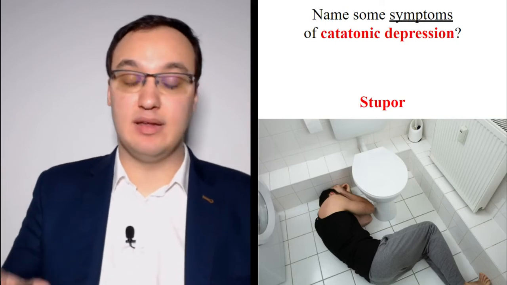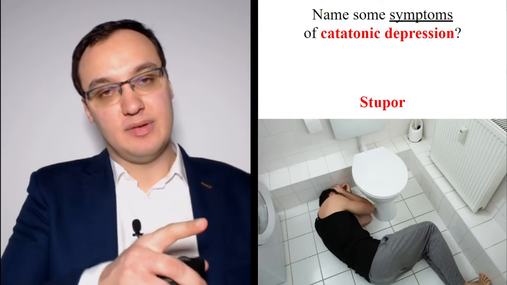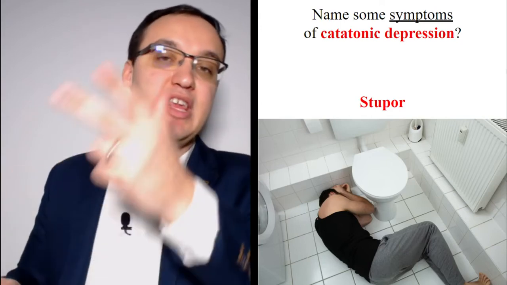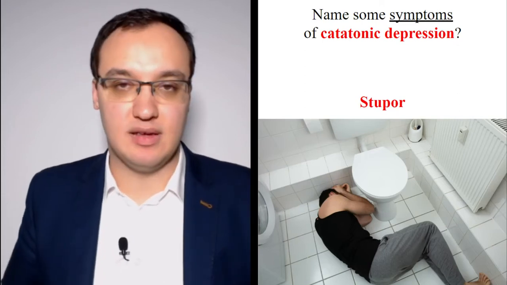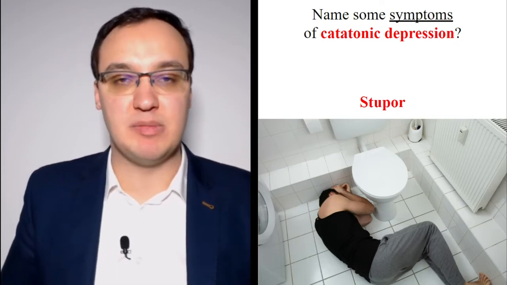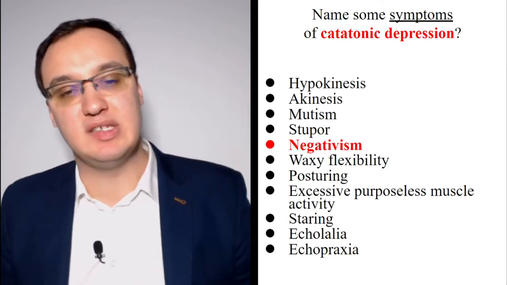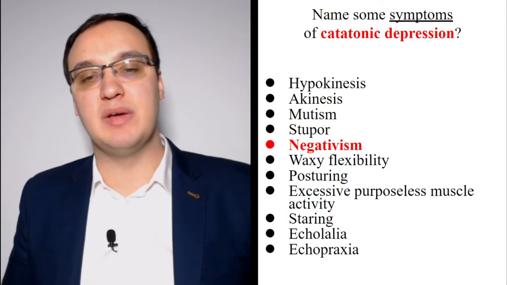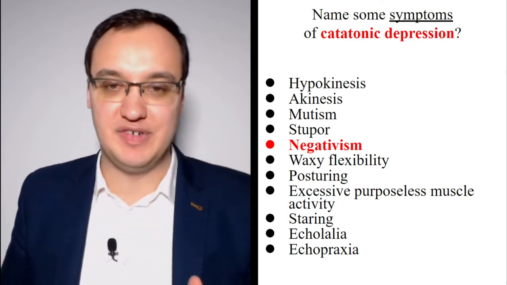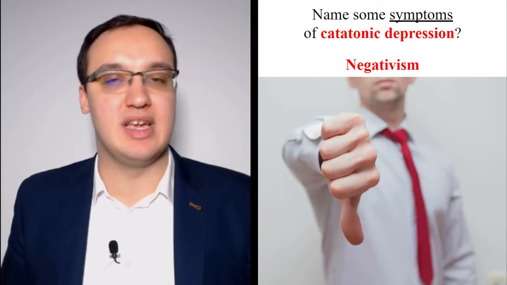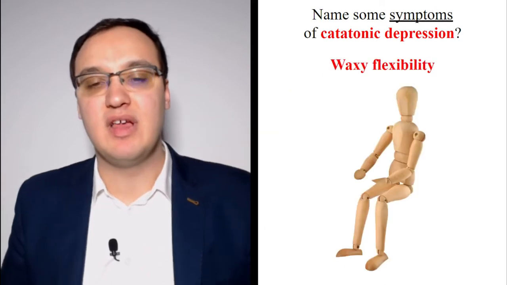But as we said, all the symptoms do not have to be included. For example, three of these symptoms can be there and the others are not. So you have to select based on the symptoms that the patient has. Somebody may have stupor, or somebody may have mutism or hypokinesis, and so on. I just list all of them one by one. So this is not a list where you should think you should have all of these. Okay, negativism, always negative. It doesn't matter what you say to these persons, they are negative.